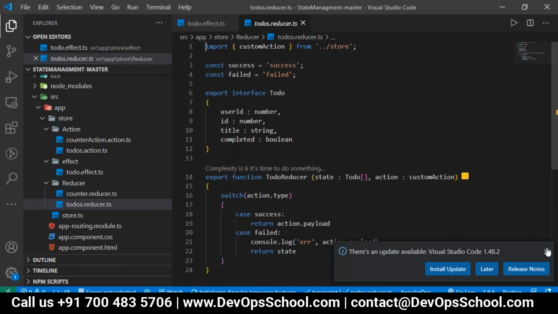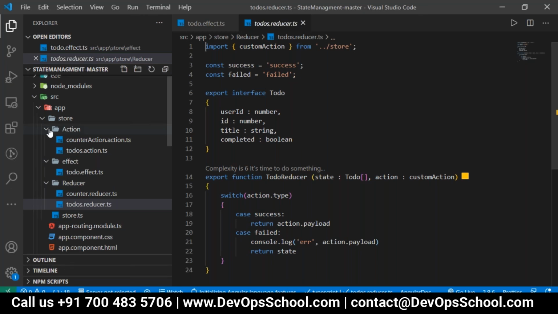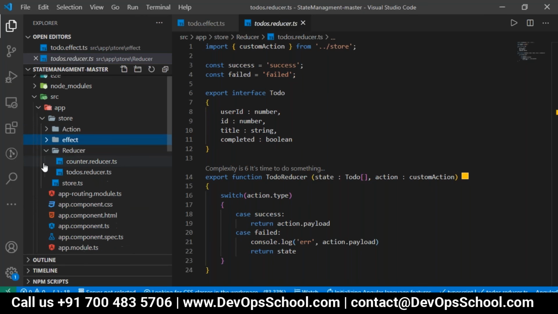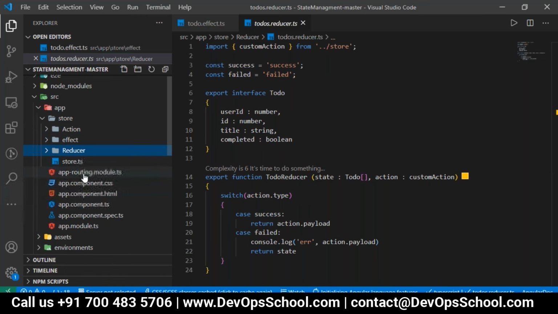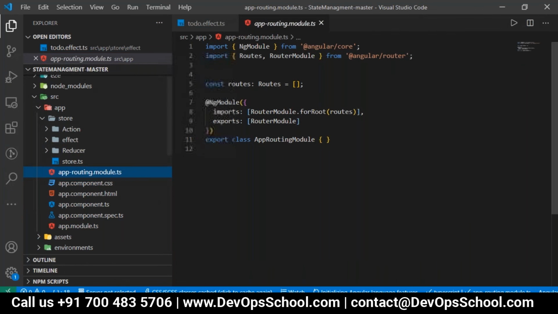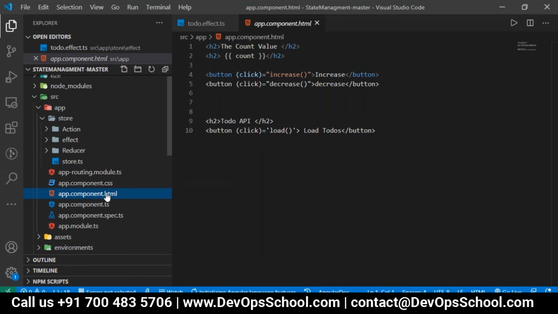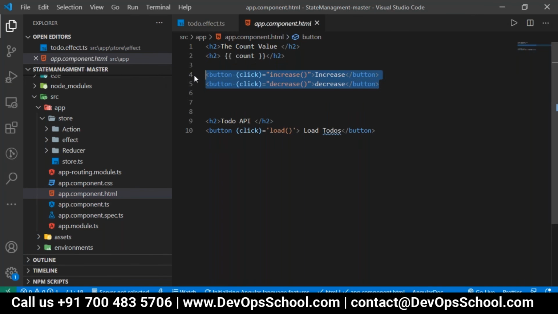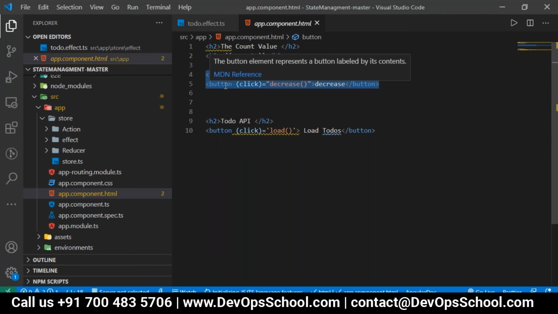So here, it's a simple application. Let me just take it with this. There is no routing, nothing else here. It's a simple component HTML which has a decrease and increase method, and we have done almost a similar kind of application using ViewChild and ViewChildren, where the parent-child things are there.